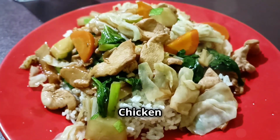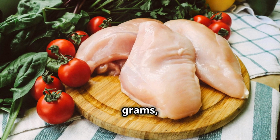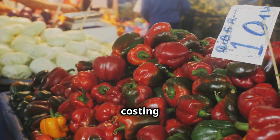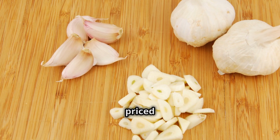Our first meal is chicken stir fry. For this, you'll need chicken breast 100 grams, priced at £1.15. Half a bell pepper, costing 25 pence, half an onion at 10 pence, 2 cloves of garlic, priced at 8